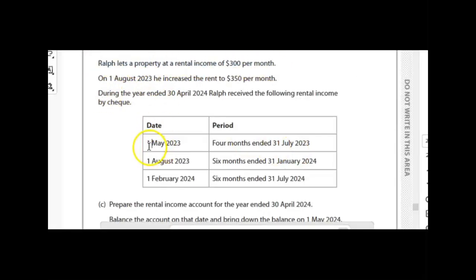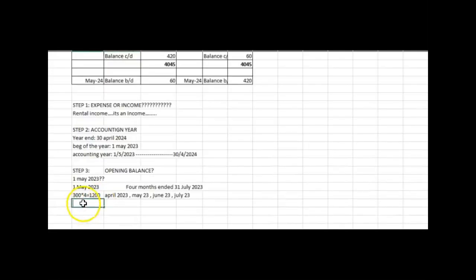On 1st May 2023, rent for 4 months up to July 2023 is received. So let's check. 4 months up to July 2023 includes which months? It includes April, May, June, and July. Our accounting year starts from May 2023, so May, June, July are all in the year, but why is April